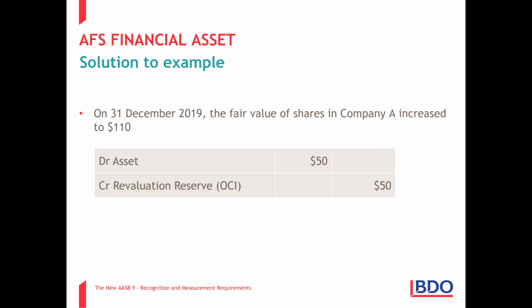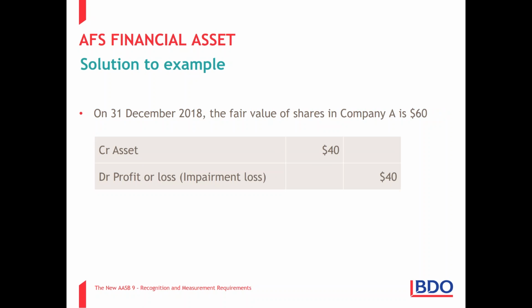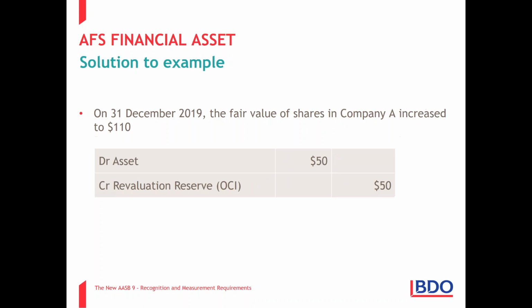Now a lot of people didn't like that, because they said, look at the previous slide, you've said debit profit or loss, impairment loss, with the bad news, with the reduction in fair value, because it's impaired. However, the next year, when the shares recover, you do not credit profit and loss, you credit revaluation reserve with other comprehensive income. So what happened to available for sale financial assets that were equity items is the bad news always ended up in profit and loss, and the good news ended up in OCI, which is a problem.